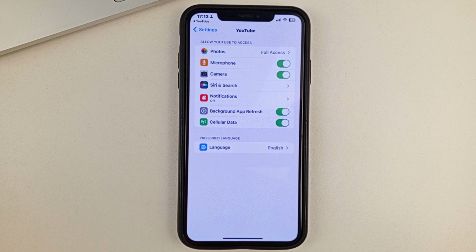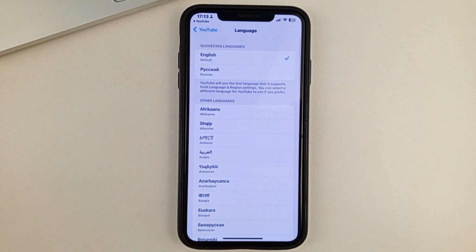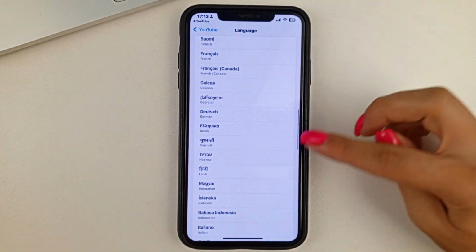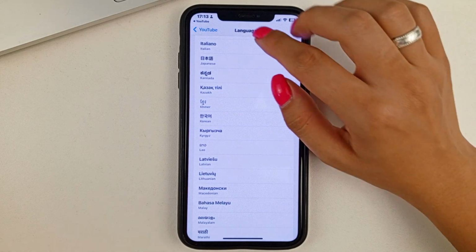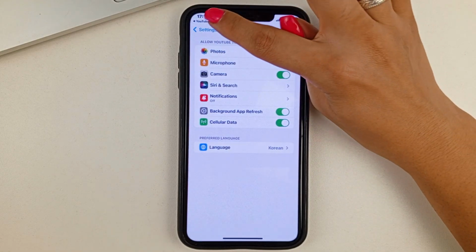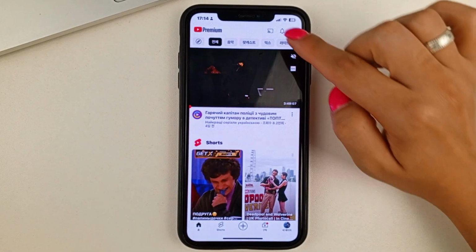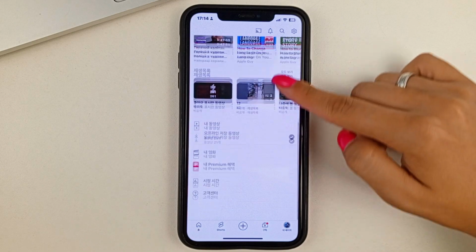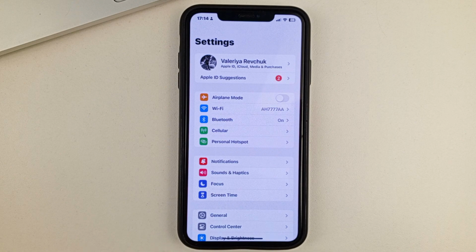So you'll be taken to the YouTube settings on your iPhone. And down here at the bottom, you'll be able to find the language. Go to. And in the same way at the bottom, just select any language that you like and that you want. Okay, I found Korean, I'm clicking on it. And now you just have to go back. And keep going back. As you can see, folks, everything is now set to Korean. But the iPhone itself is still in English.